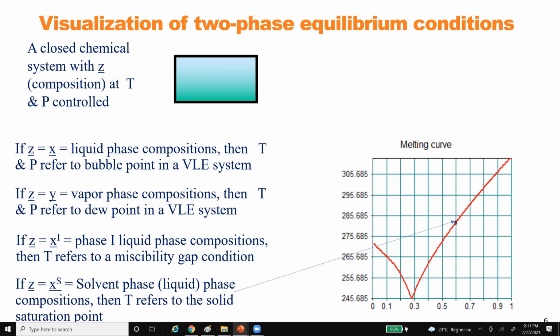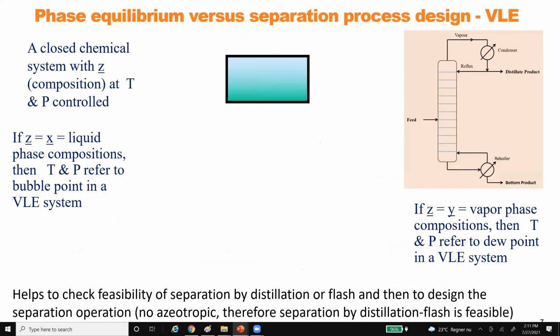So if we want compound 1, we need to be in a composition after 0.3. If we want compound 2 to crystallize out, we need a composition to the left of 0.3. Okay, so now you can see that thermodynamics can actually help us with the feasibility of the separation process. So here we can see again in more detail,